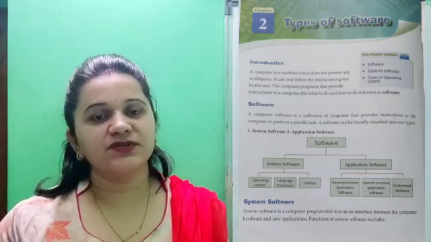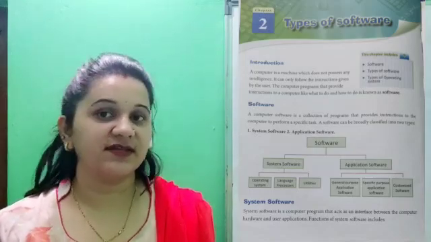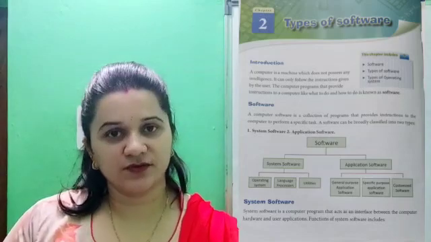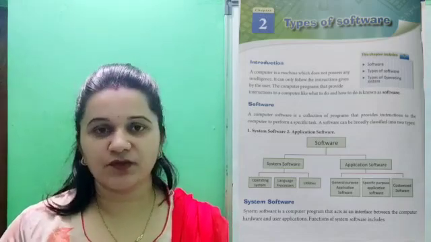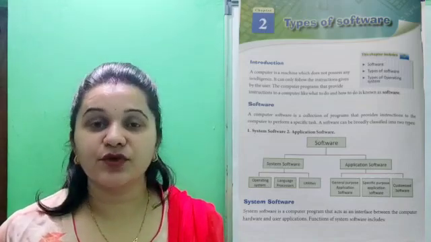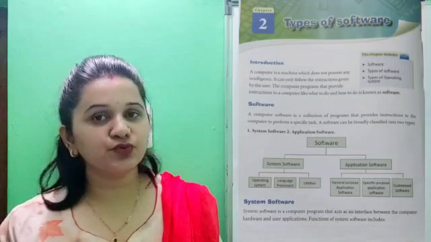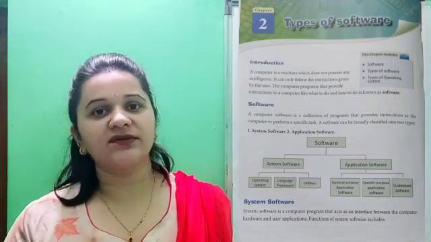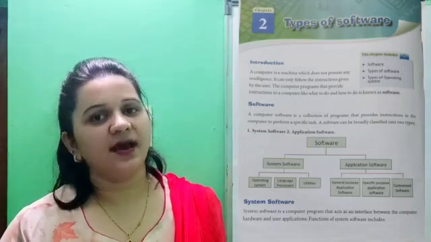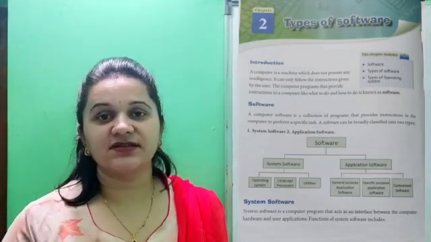Before proceeding towards the worksheet, let us take a quick recap of what we have studied in this chapter. Children, we have studied about software. Software is a set of programs that helps a computer to run, according to which a computer works. Next, we have studied about the two types of software. What are the two types of software, children? Yes, system software and application software. Further, we have studied about the categories of these softwares.